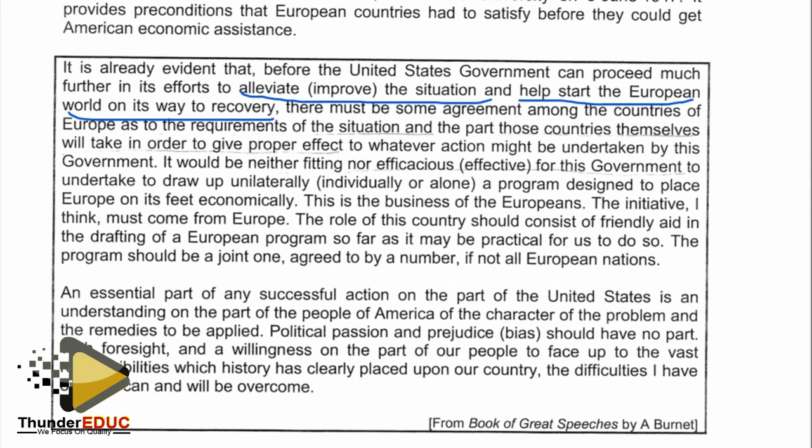It would be neither fitting nor efficacious nor effective for this government to undertake to draw up unilaterally, individually or alone, a program designed to place Europe on its feet economically. This is the business of Europeans. So if we check from here,